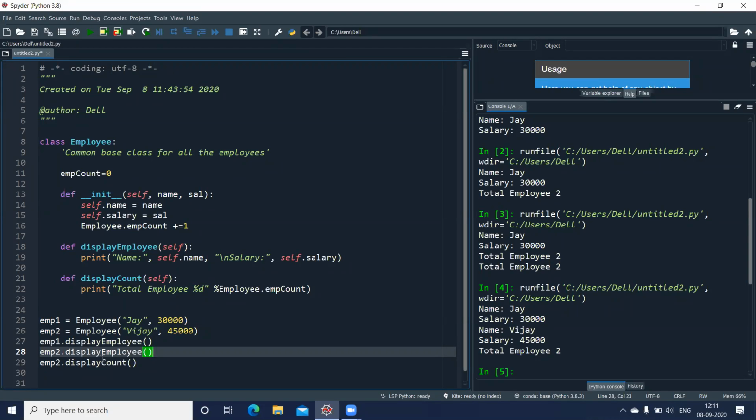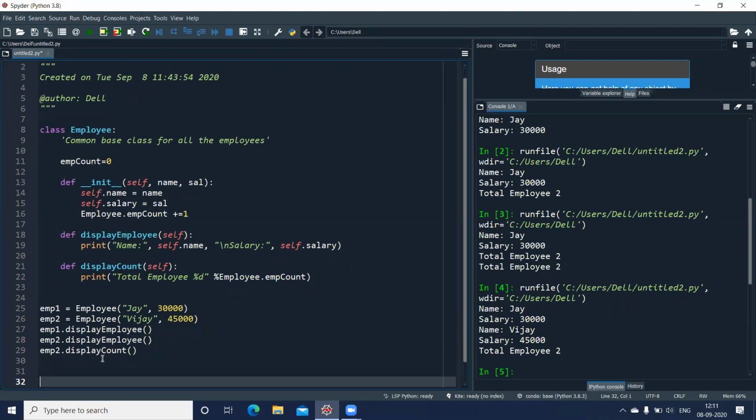Fine, no doubts. Now let us see how to access a particular attribute from outside the class. Let us say I want to change the salary which I have given to employee number 1, EMP1. So I can just write EMP1 dot salary.